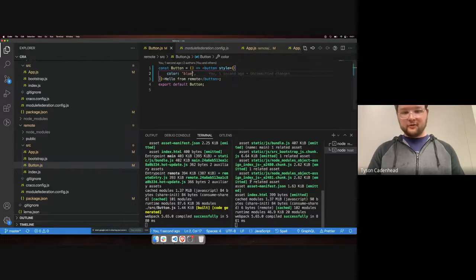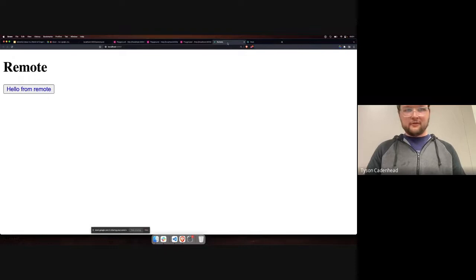It didn't restart this one. It's still the same. So this updated automatically because it's got hot reload. This didn't, but if I refresh it, it's there. And so if you redeploy whatever remotes are being used, you don't have to actually redeploy the actual host that's containing them. And so you can really build out your systems independently of each other in a really cohesive way.